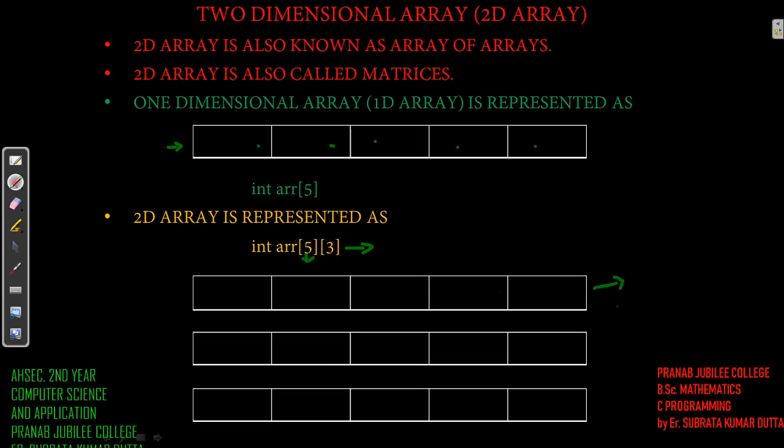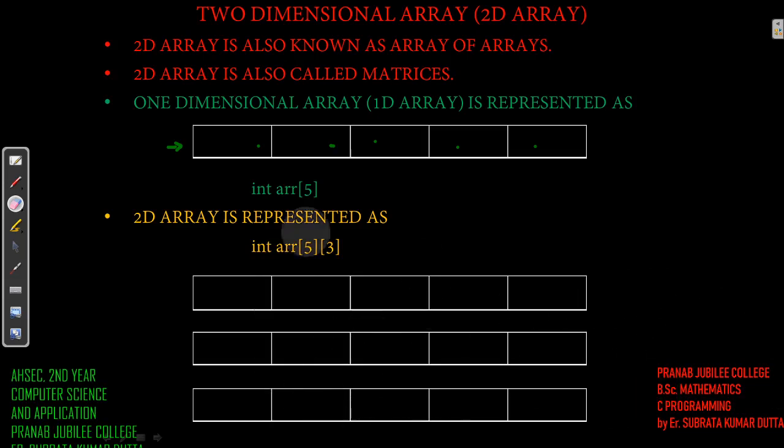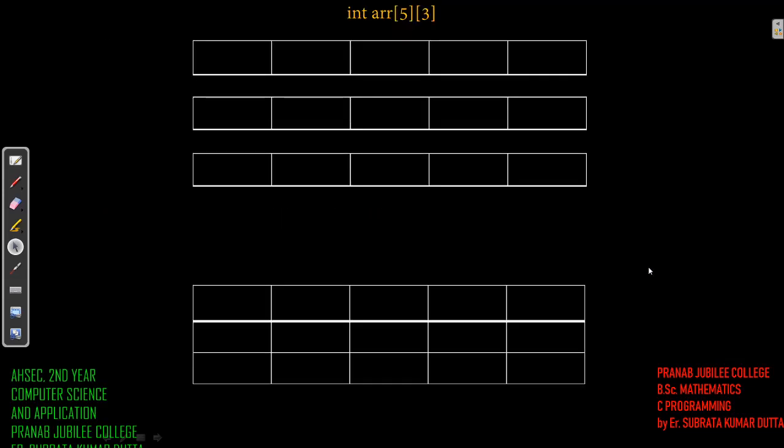There are 3 arrays, which together form one array. These are individually one array each, but 3 arrays together form one array. That's why a two dimensional array is called an array of arrays. Okay, understood? This is how we represented it earlier, but